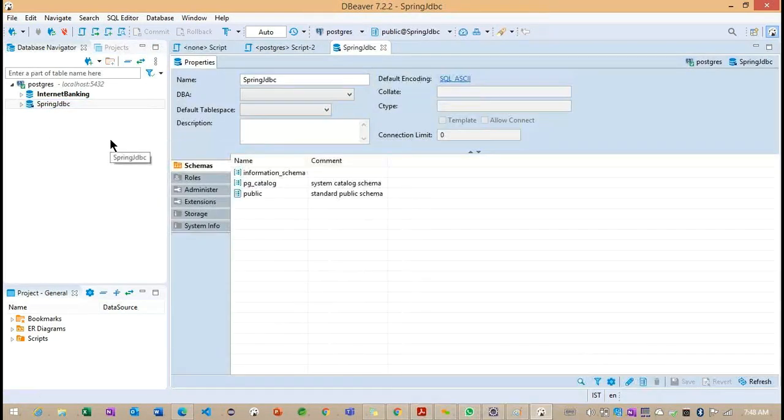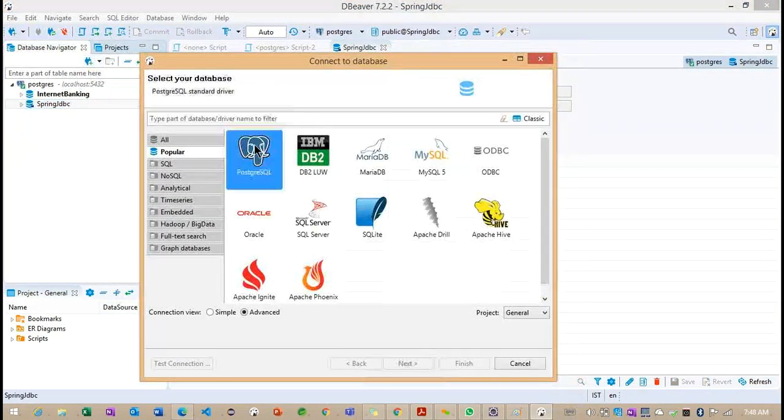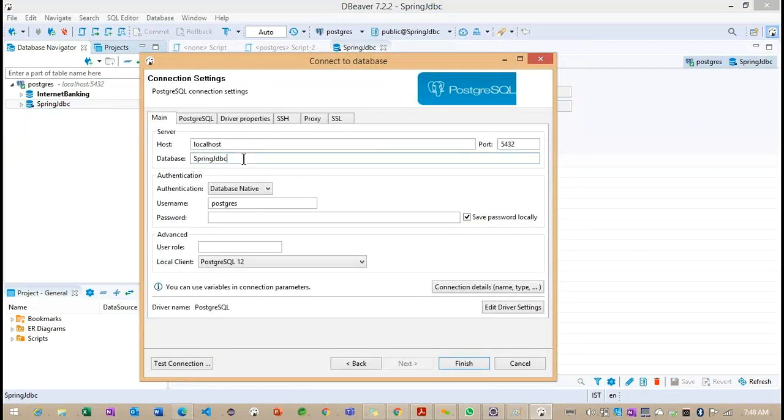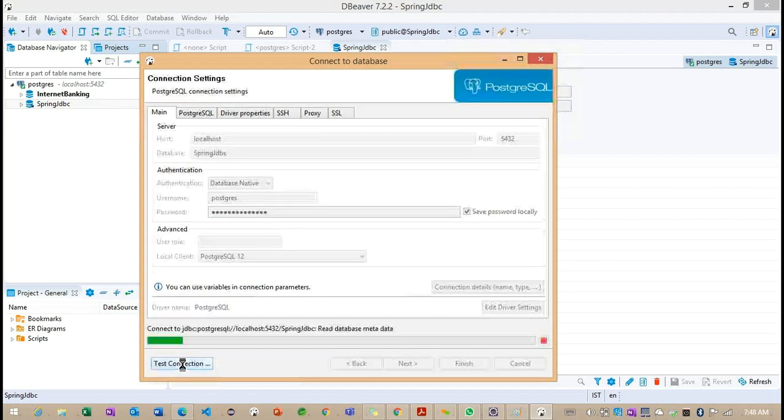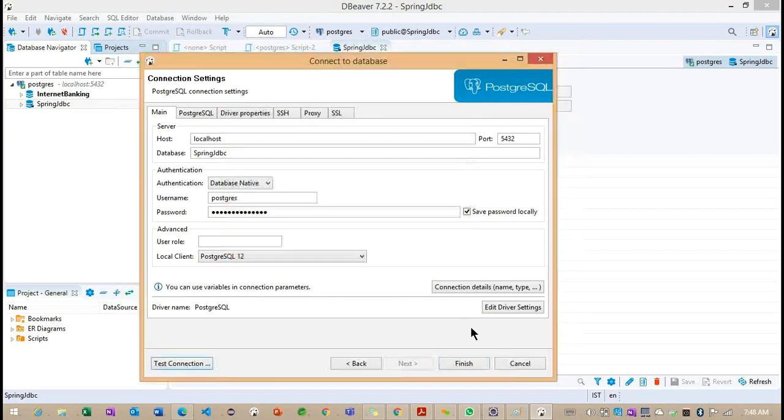First we'll see the database properties here, DBA name and public. Now we'll connect from here. Right. So we'll see the test connection. Now you can see the connection is successful. Okay. Let me finish here.